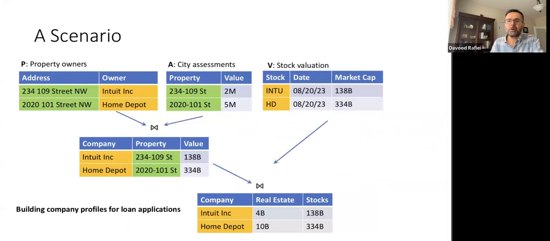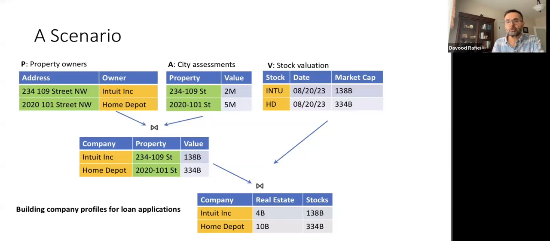Consider a business intelligence officer who has to collect data from different sources in order to build profiles of companies, for example, for loan applications. One source in this case has addresses and the companies that own those addresses. Another source has assessments done, for example, by the city. And the third source has stock valuation. And what we want to do is put these pieces together so that, for example, a